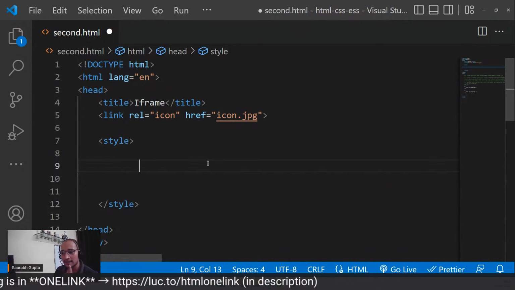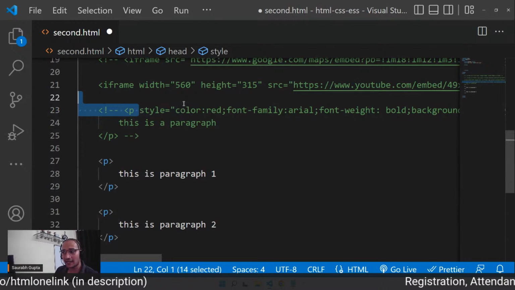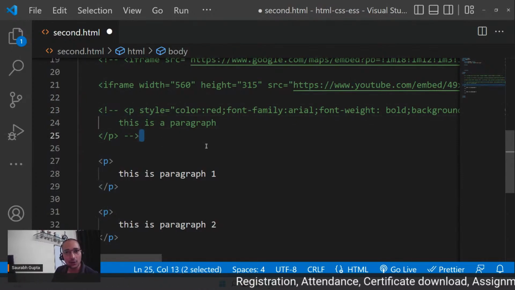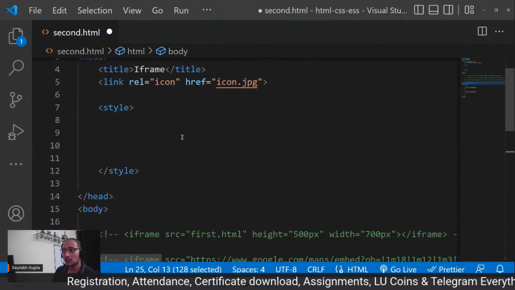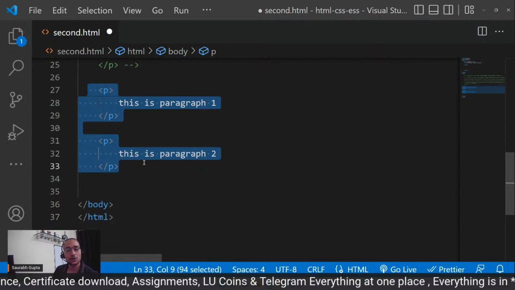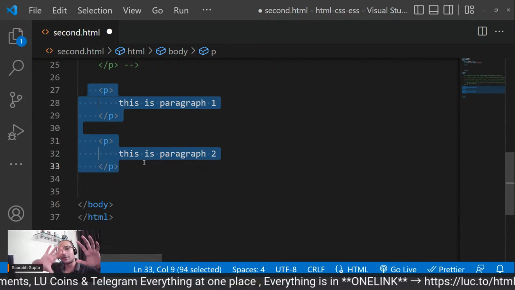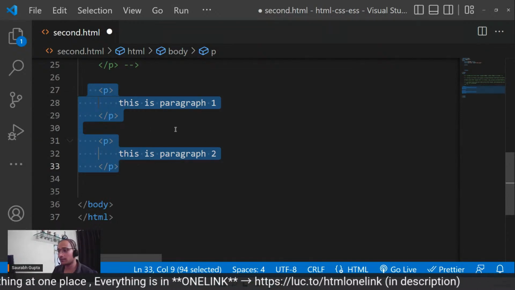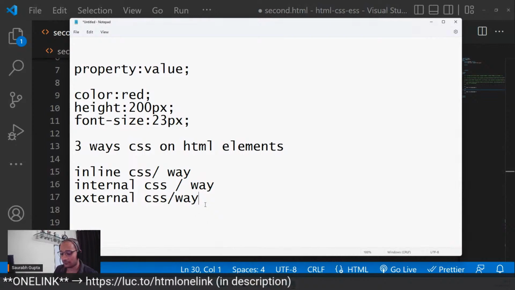But now the problem is, in inline CSS, you directly wrote the style attribute in the tag, so the CSS knew that it had to work for this P tag. But now I'm planning to write CSS here, but my tags are somewhere else and my CSS is going to be somewhere else. So how is it going to work? That's the problem. So now in that case, guys, you have a concept of